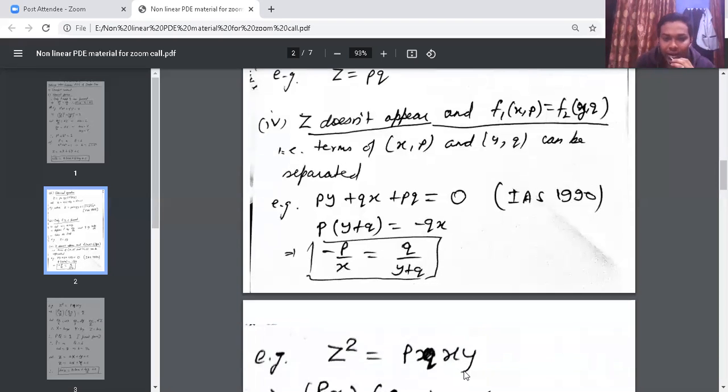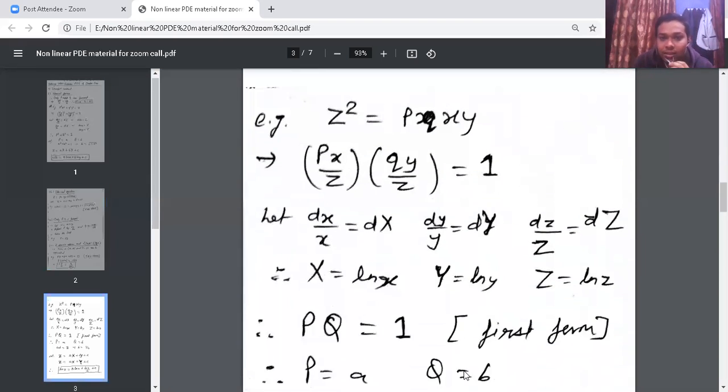I am giving you an illustration here, like this question: z square equal to pqxy. What you can do is, you can try doing it with Charpit. Okay, after this session, try doing it with the help of Charpit method, and you can see it will be a little bit clumsy. Solving it by Charpit method is a lot more